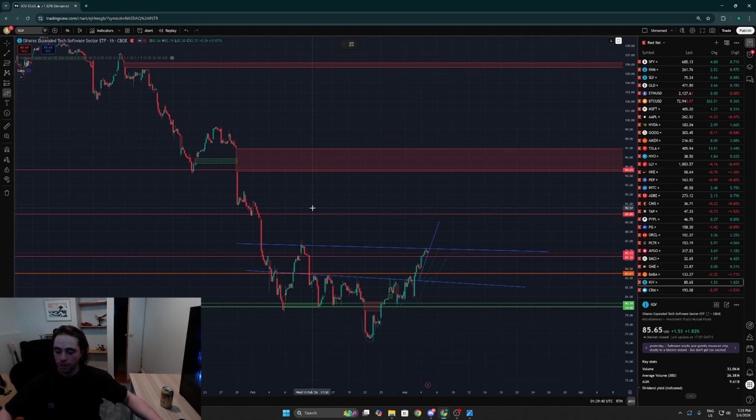So what I would expect here is, well, this is how you would get a profit target from it. You got the head, and you got to the neckline, and there you go. So it does make sense for this to go to $90. But you might see a back test of the neckline. You could come all the way down, which would not be very fun. It might be a good idea to have a stop loss if you did take this trade with me, but I have a feeling